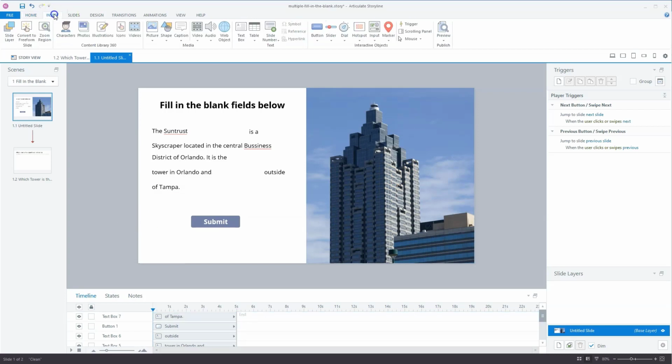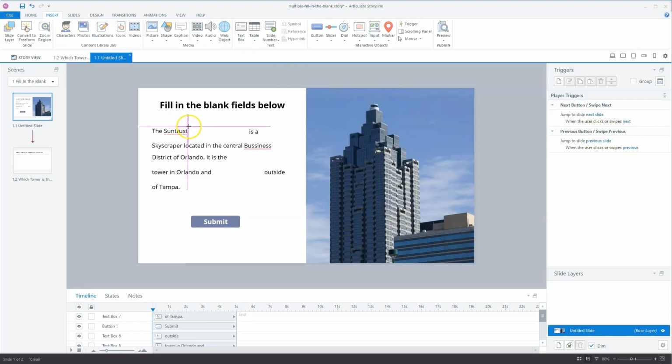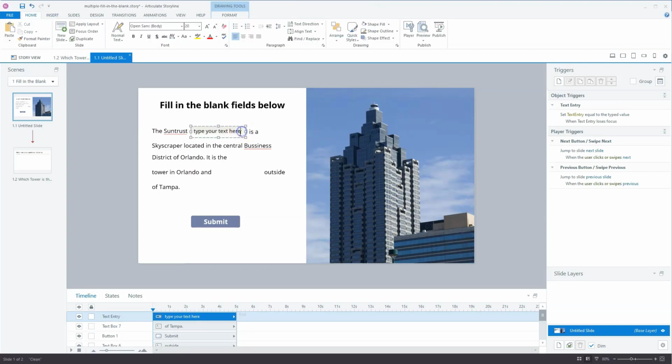Therefore I'll go to Insert here, click on Input and choose the text entry field. And now I can draw a text entry field on my screen. So this is okay. I remove the text that's in the text entry field and I'll do something on the